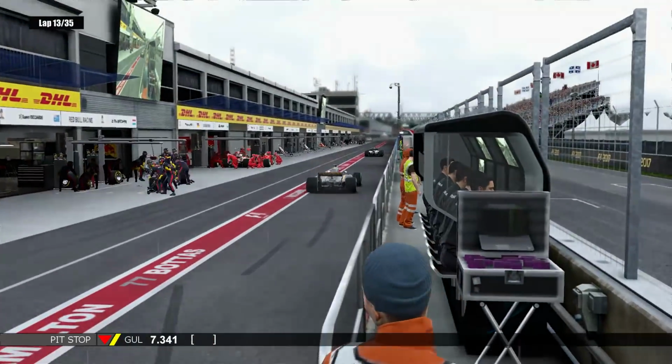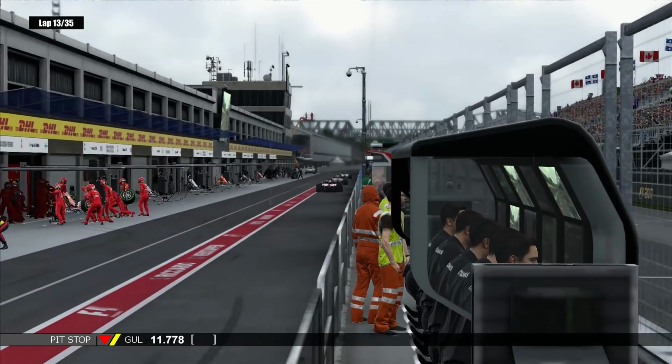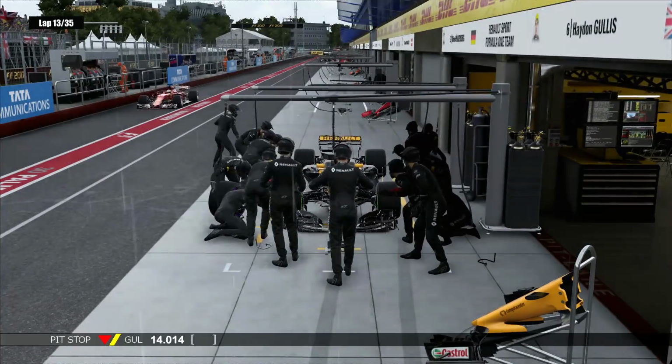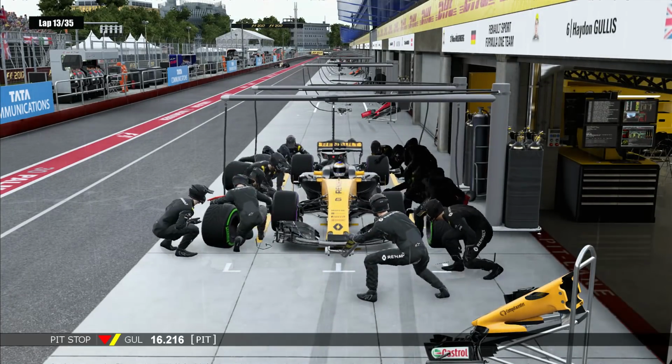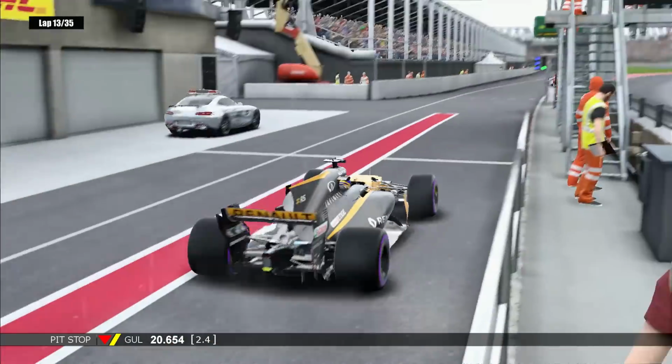But now we are coming into the pits for a set of what should be dry tyres here today, and I think the Red Bull is doing the same. The Red Bull is going on to the softs, but what tyres are we going on? We're going on to the ultra softs. Okay, so we are making that strategy call, and we are going on to the ultra soft tyres for today's